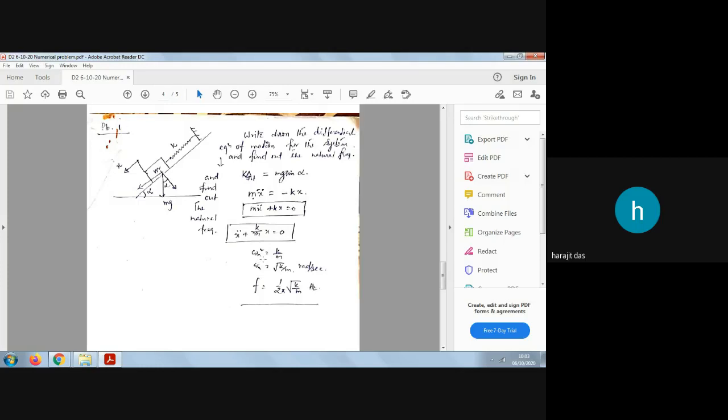So omega n is the natural frequency of the system. Everything you need to write in the problem, though I am just writing in shortcut, you need to write that this is the equation of motion for the given system. So here